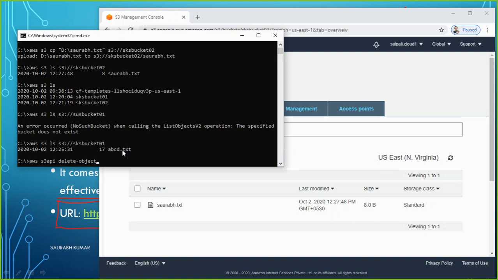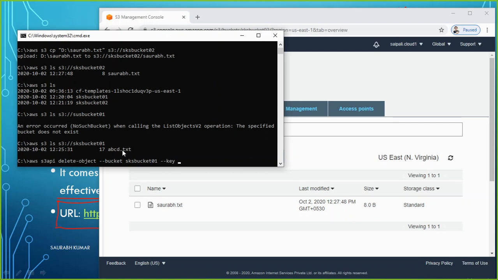I want to delete the object from --bucket. What's the bucket name? SKS bucket 01.